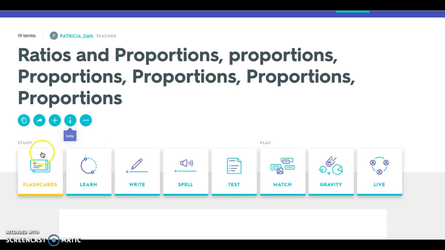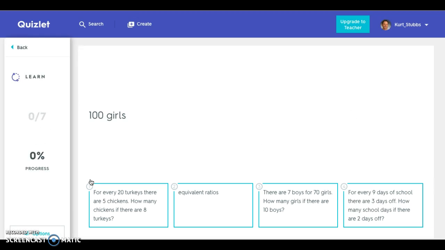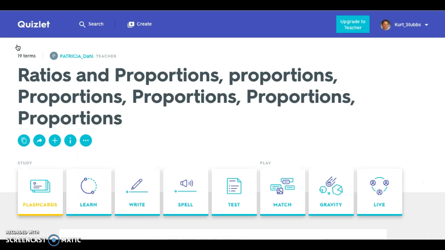So the students can go through and learn the different vocabulary any way they would like. You've got flashcards, and this one is one that students like to use a lot because it gives a little bit of each style, so they can learn through flashcards, writing, matching, spelling. They like that one. And then you have writing and spelling,